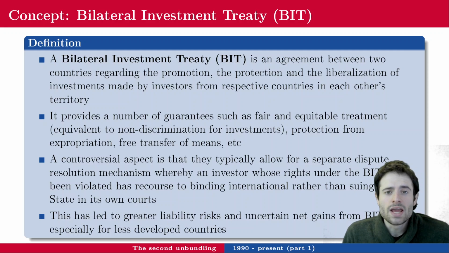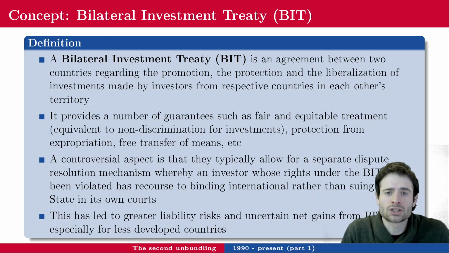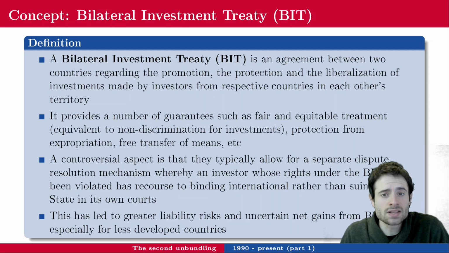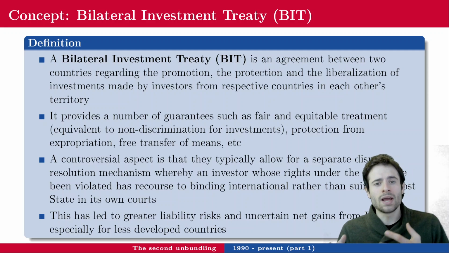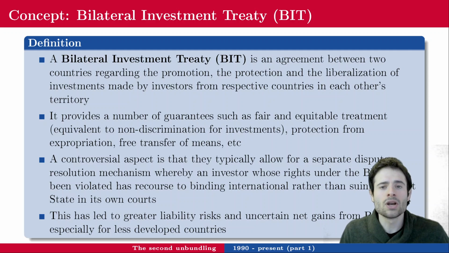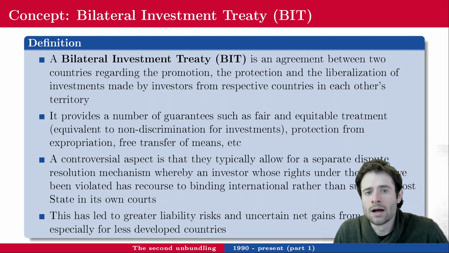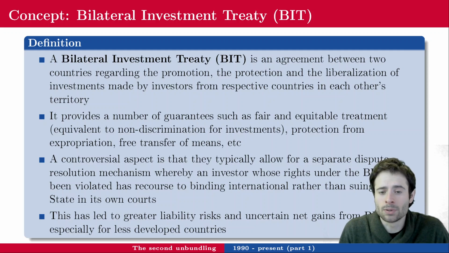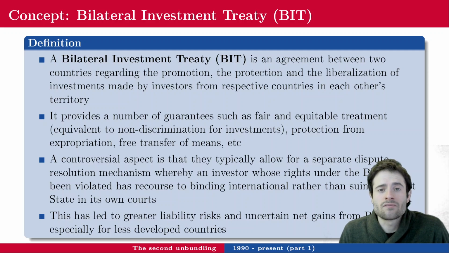So for instance, if a firm from one country wants to invest in another country, these firms might want to get guarantees about the protection of their innovations, let's say, things about patents and things like that, which are regulated at the national level, but not at the international level. So they want to make sure that they will be protected if things like that happen, in order for them to invest massive amounts of money abroad.